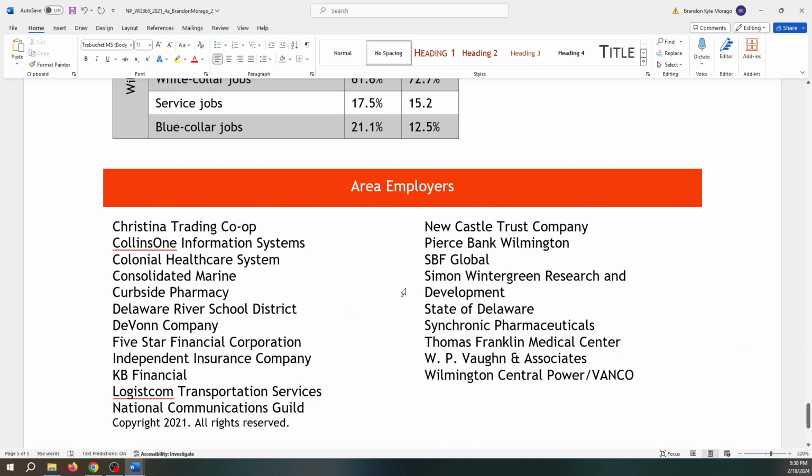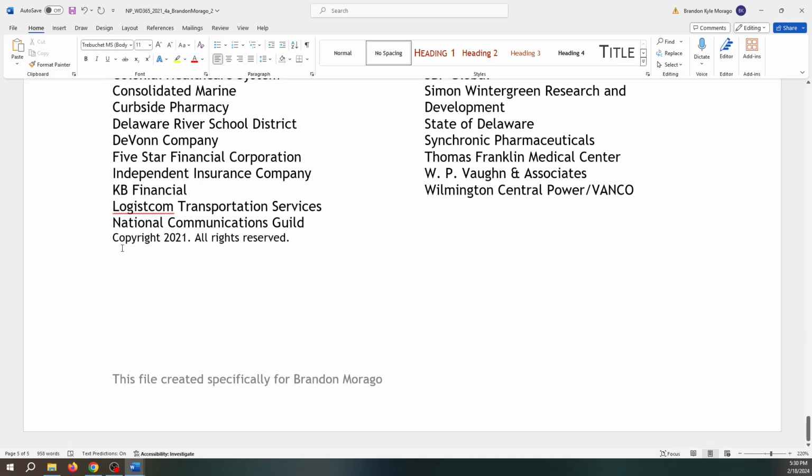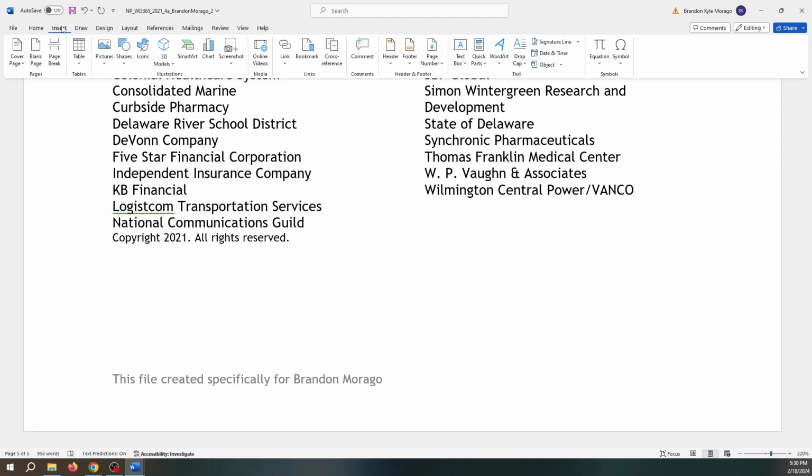Then last thing we're going to do is insert a copyright symbol. So go down to where it says Copyright at the bottom, Copyright 2021, All rights reserved. We're going to do the Insert tab at the top. Far right it says Symbols. Click the drop down for Symbols. Do the copyright sign. On mine it is the fourth column in the first row. So I'm just going to click on that. And then it wants us to make sure there's a space between it. So it should read copyright symbol, space, Copyright. And that's it